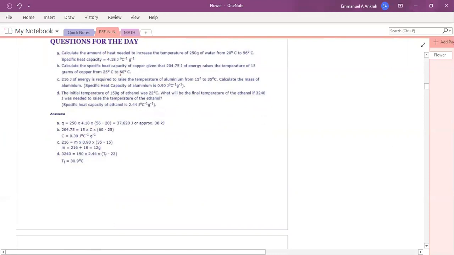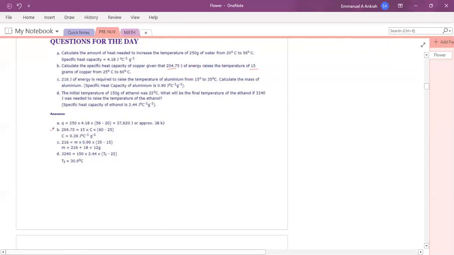So you want to calculate the heat capacity, given that 204.75 joules of energy raises the temperature of 15 grams of copper from 25 to 60 degrees. All right, so you have your final temperature, you have your initial temperature, you have the energy, and then you have the mass. All right, so if you go back,